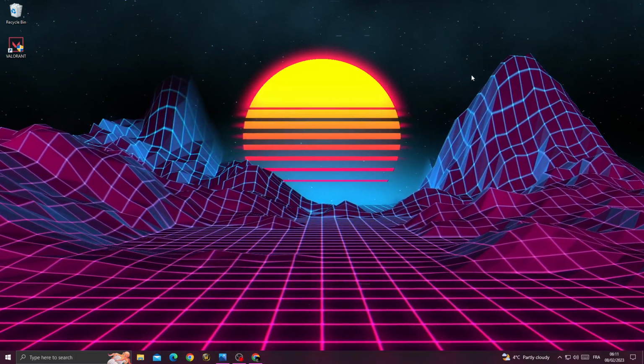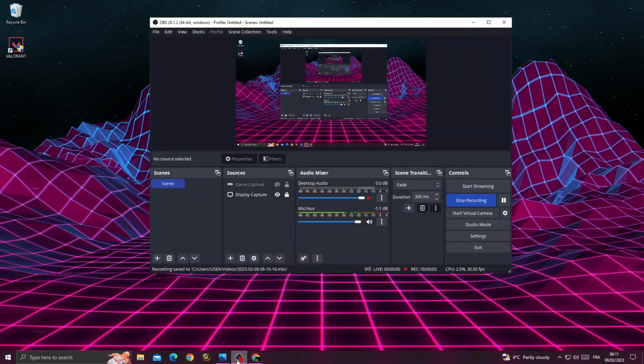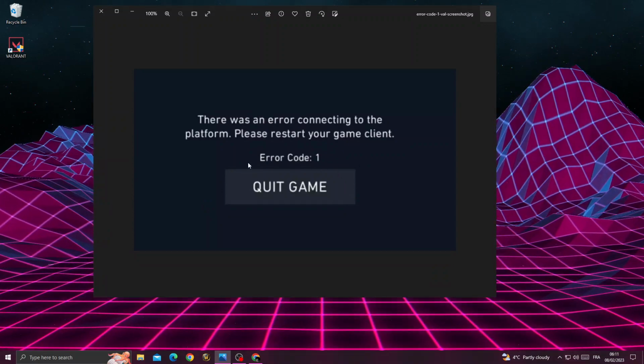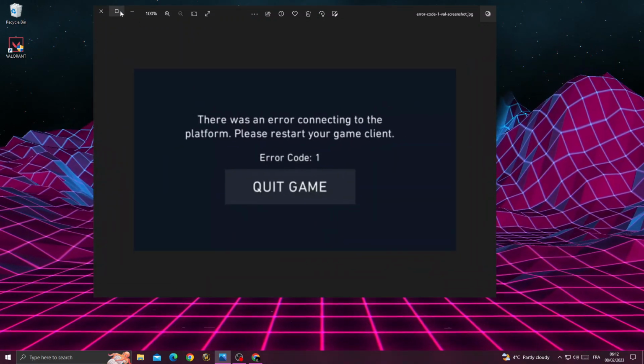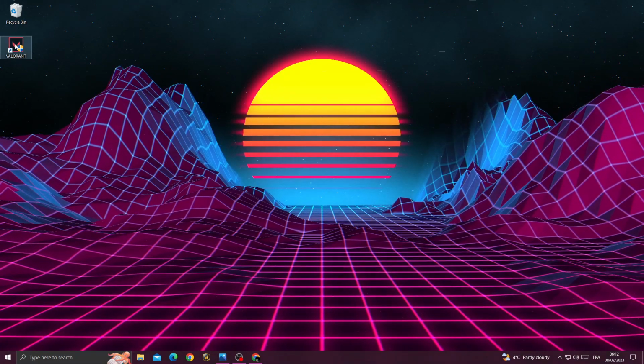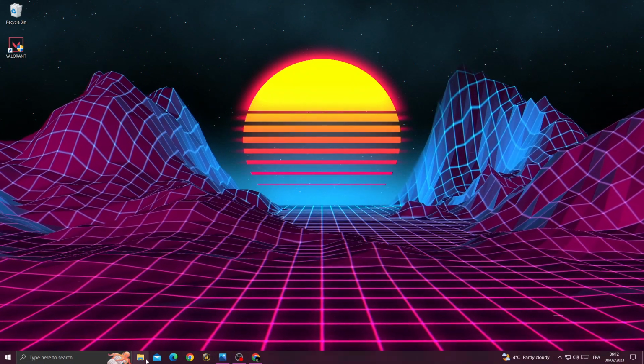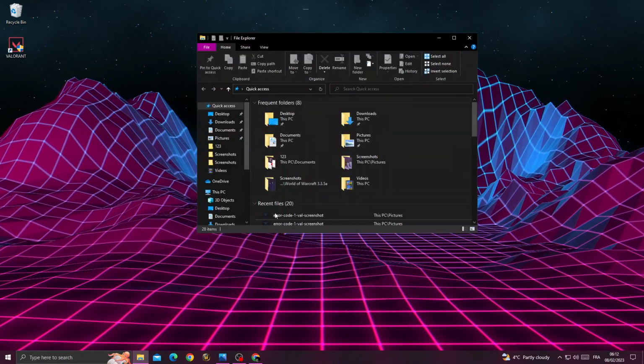How to fix Valorant client error. If you want to fix this problem, it's easy. All you need to do first is find your Riot Games folder,